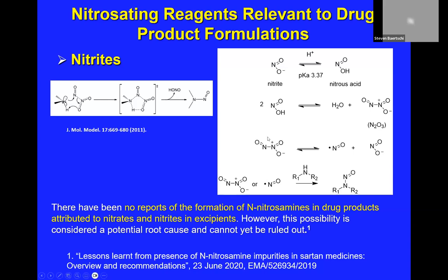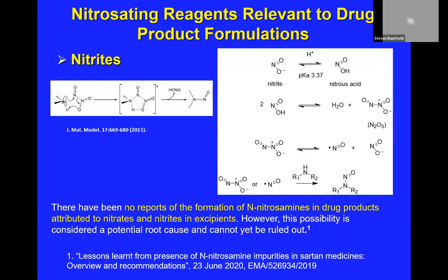acidic conditions. There are other nitrosating reagents that will be summarized more effectively by Gary Scrivens, I think, in his presentation on November 14th. But you can also imagine, it's also known that NO can be a strongly nitrosating agent, and the exact mechanisms are not always clear at a molecular level, but once you have nitrous acid, you can get a variety of nitrosating agents that cause this reaction to occur.